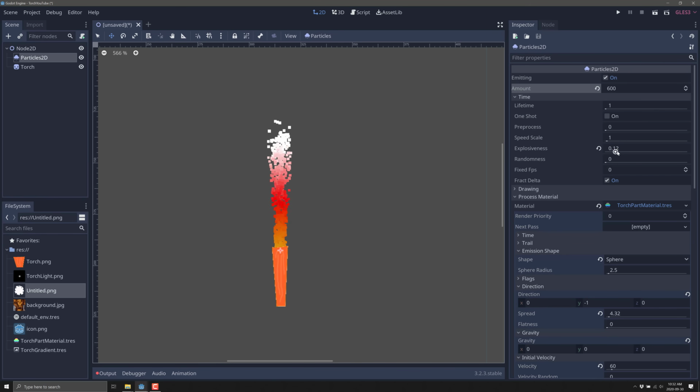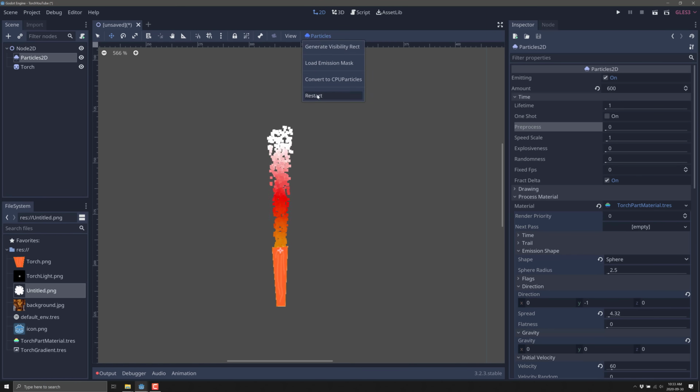If you want to, you can have things like explosiveness, and that's causing them to go poof. Now, another thing that you may want is when you first start this. So let me just start that over again. You can notice they all kind of come out, and torches don't go poof up. So what you may want to also do is pre-cook them a bit. And that's what pre-process is. Basically, you could say, all right, run this thing for, I don't know, probably 2 seconds would be enough. That means the minute you turn on the particle system, it's got 2 seconds as if it's simulated. So see how we don't have that poof when we first started it? So here, boom, poof. Let's cook in 2 seconds worth of particle processing and no poof.